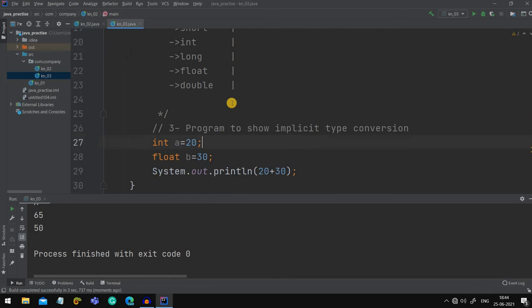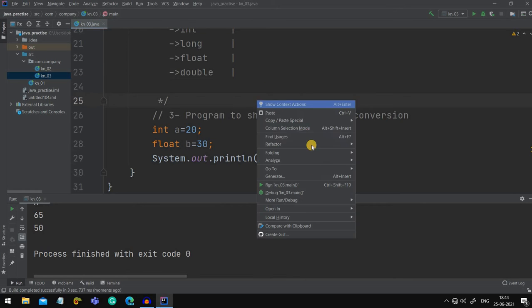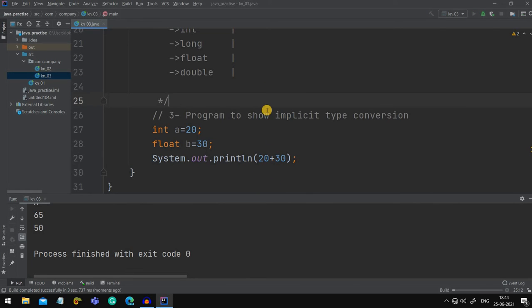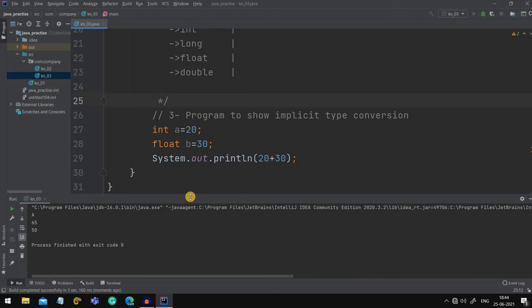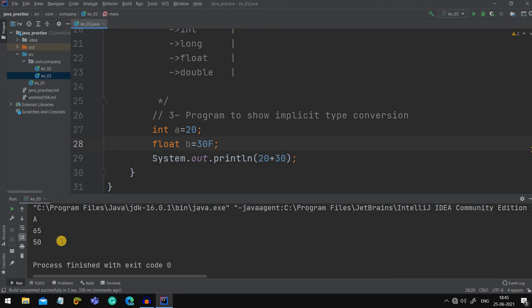But how will we get to know which type? Okay, sorry, I'm in the second one. Let me close this second one. It created a confusion here. Run. Our output is 50. Here one is int, one is float. Now this output is converted into a floating data type, but the decimal is not shown here because one was int. Now if here I give it f, let's see. Now also the output is 50 only.